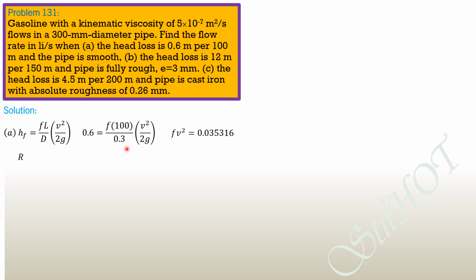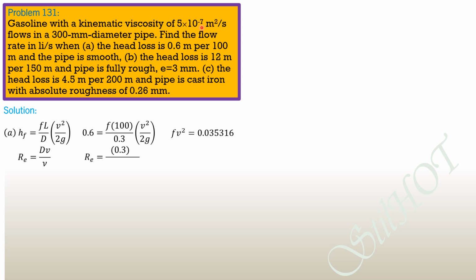Then by Colebrook, the Reynolds number is diameter times mean velocity of flow over kinematic viscosity. The diameter is 0.3, the mean velocity of flow we do not know, and the kinematic viscosity